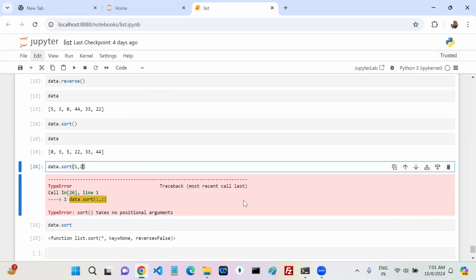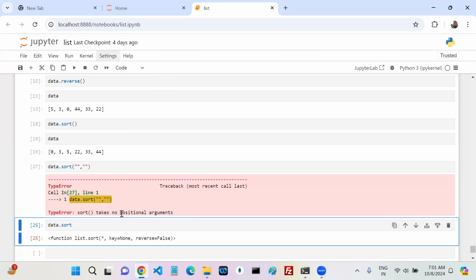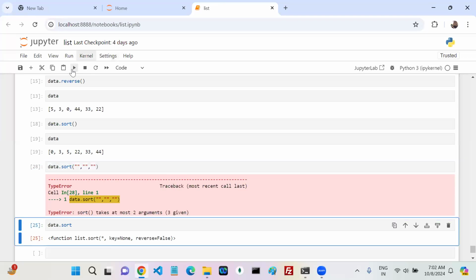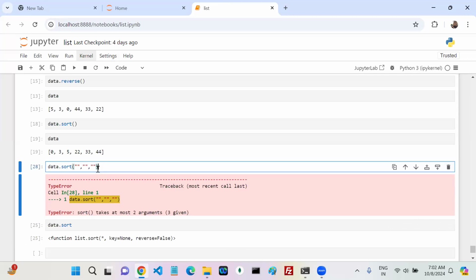sort takes two positional arguments. Okay, for example, if I give something like the strings, what happens? Now here also you can take a string. Take at most two arguments, three given. Okay, there are two arguments. What are the first one and second one? First one is like an order, and the second one is like from where you want me to take the index, I guess. Okay, let's check on the